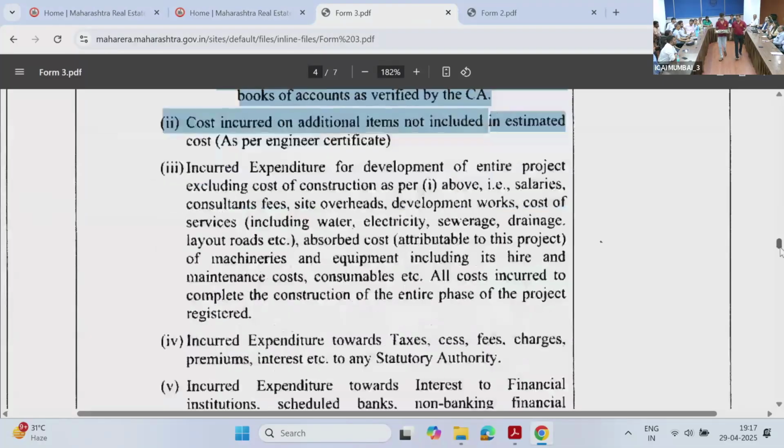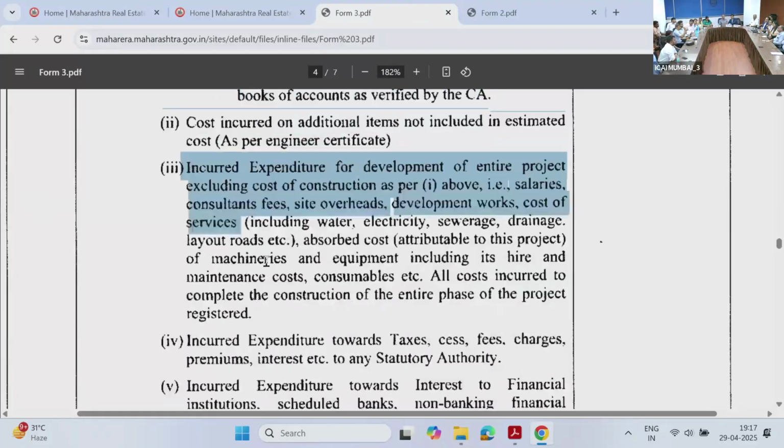2 नंबर वाला, हाँ ये वाला। Incurred expenditure for development of entire project excluding जो 1 to 1 वाला ऊपर नहीं है। एग्जाम्पल लिया है सैलरीज, कंसल्टेंट फीस। ये 3 वाला है। हम लोग 2 की बात कर रहे हैं। इंक्लूडिंग वाटर, इलेक्ट्रिसिटी, सीवरेजेस, ड्रेनेज, लेआउट ऑफ रोड्स। ये कॉस्ट मुझे यहाँ डालनी है।